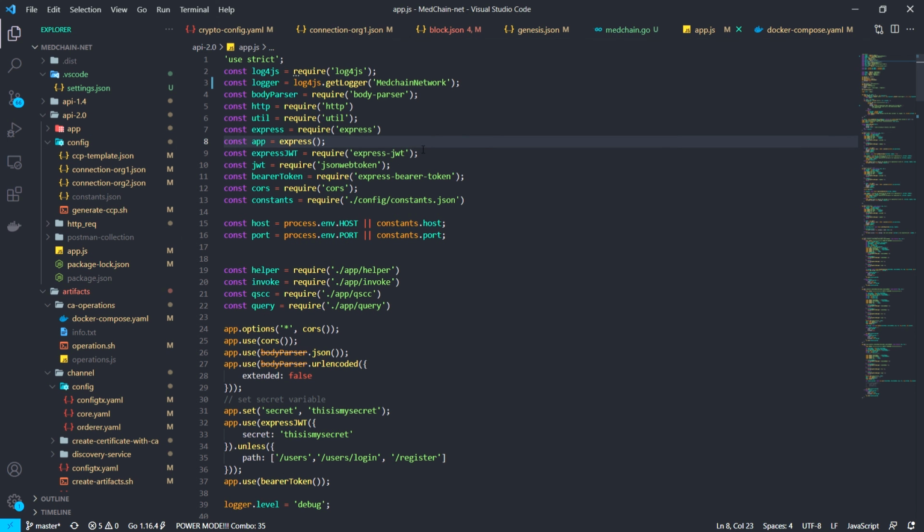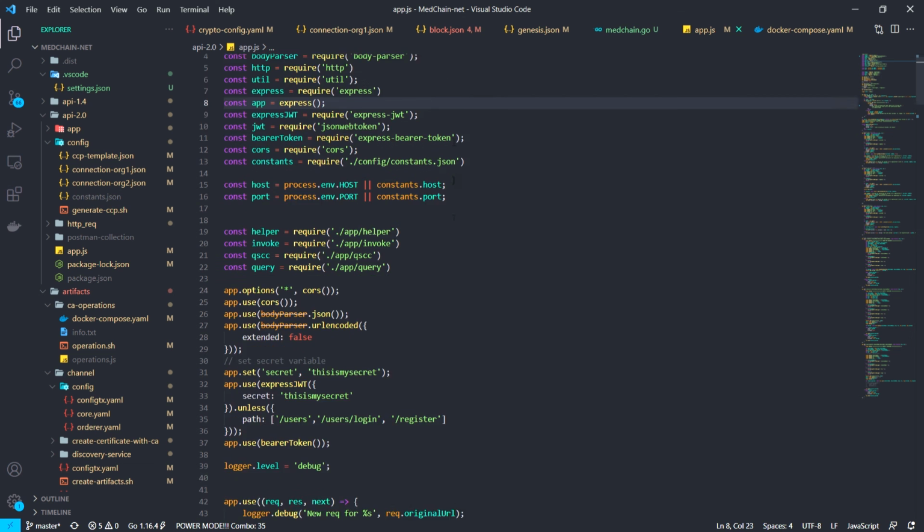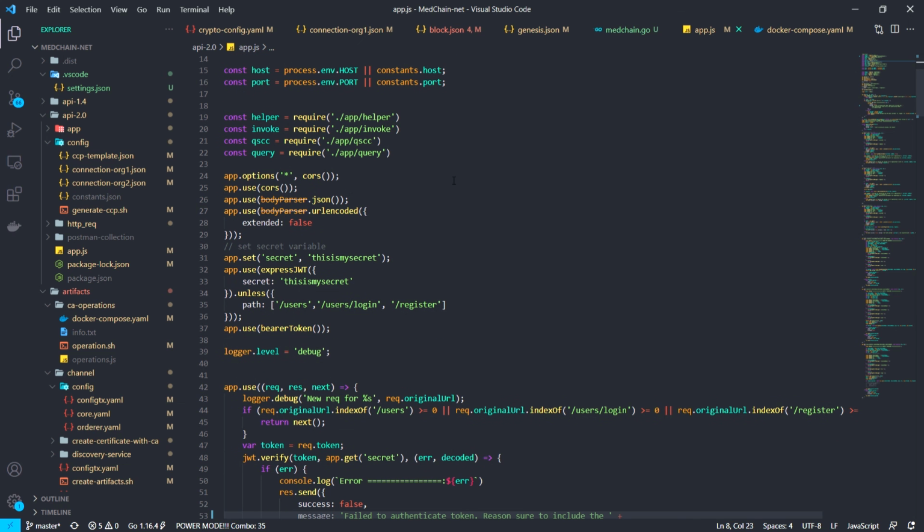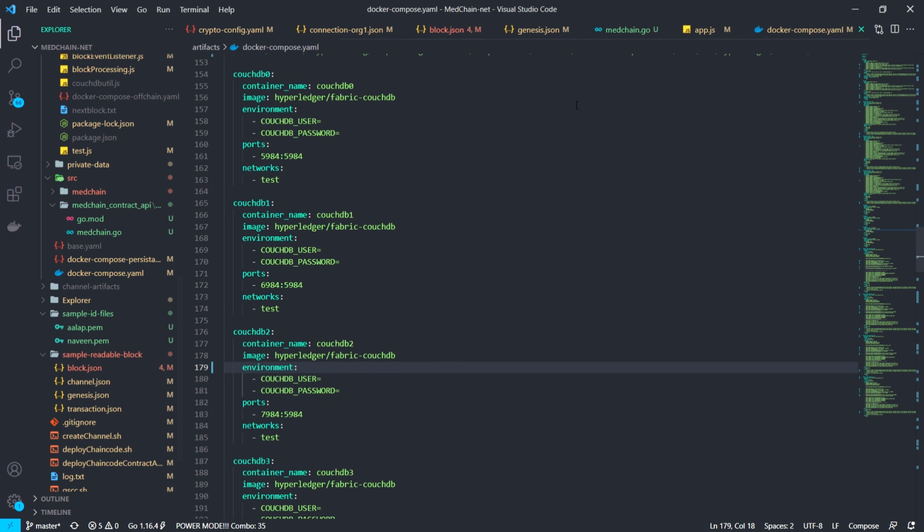This is our generic app that we have configured here. Here we can also see we use MongoDB and CouchDB as our databases. MongoDB is where we store the off-chain data, and in CouchDB we store all the in-chain data. This represents the Docker Compose file where we use containerization for our project, where in each container we use different organizations and peers to test out our network.